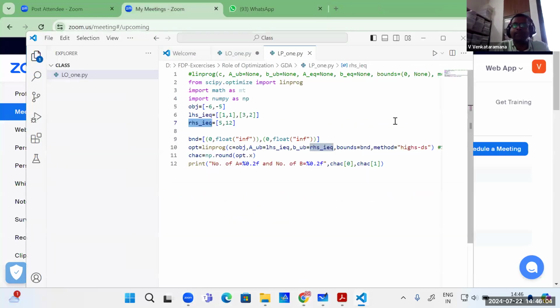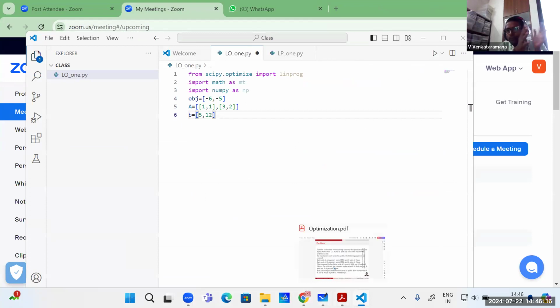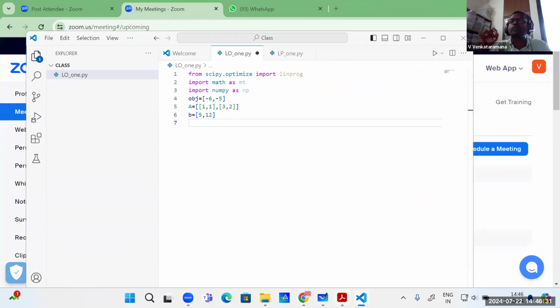Now coming to the implementation of the code. Now see. So the A value and B value, we entered here in the program. A value means the coefficient matrix in the inequality constraint. B is nothing but the constant matrix in the inequality constraint, if we convert our mathematical model into AX less than or equal to B format. Okay, we have the A and B values. And what else do we have to give? As per the problem,